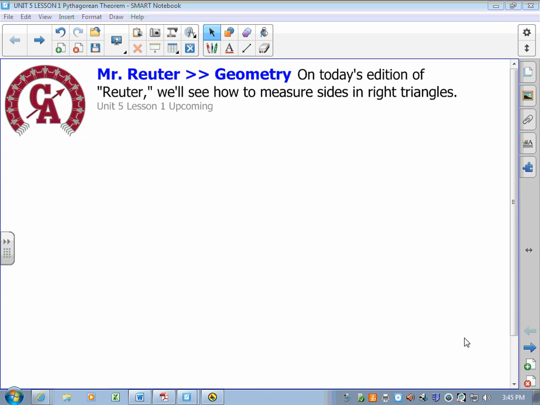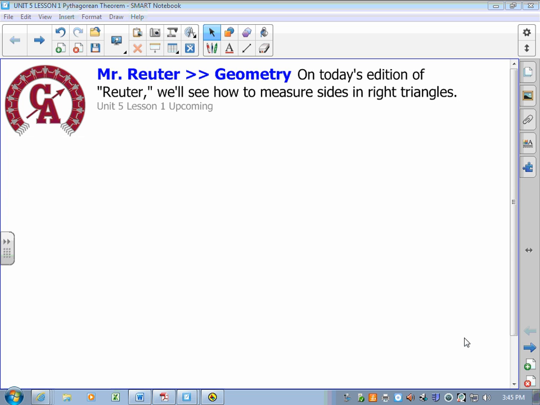All right, welcome to Unit 5. Unit 5 is going to be all about right triangles, how to find measures of sides on right triangles, how to find measures of angles on right triangles. And so we start today with a very classic theorem